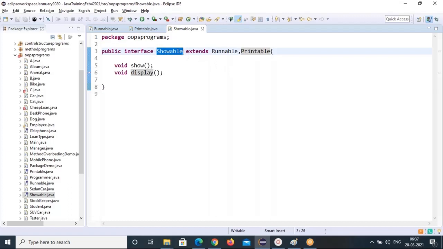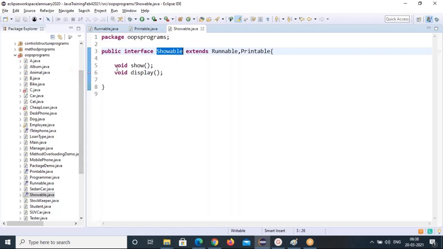This showable will get runnable and printable methods also while implementing this showable. So you have to implement showable methods, runnable methods, printable methods wherever you are implementing this showable, because extends gives permission from these interfaces. This showable can access runnable and printable methods also. That's why you have to implement them in your own class.